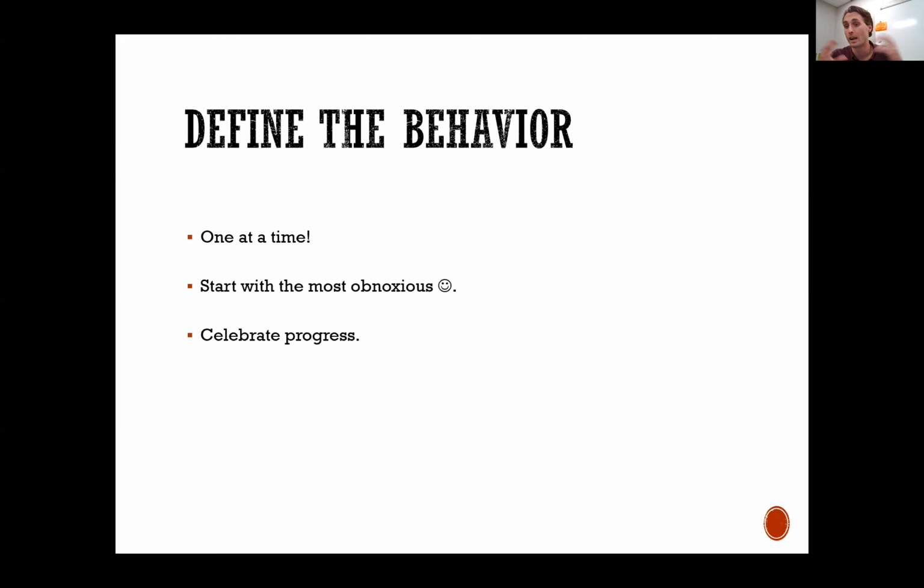So I would say, write out the behaviors, pick one, and then just start working on that one. As you go, celebrate progress with that behavior, and we'll talk about when that happens. But I would just say, I know it can be hard. And sometimes we have kids that have a lot and we're like, oh man, I want to fix all of these at the same time. It's going to be way more efficient for you to do one at a time than to try to address three behaviors at the same time.